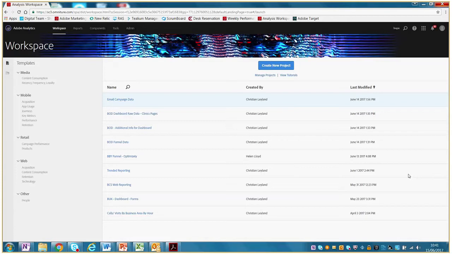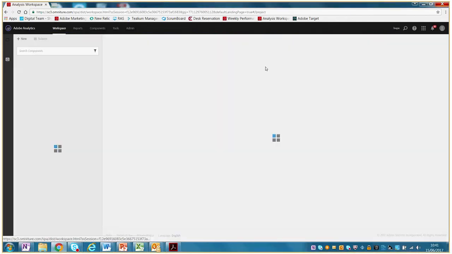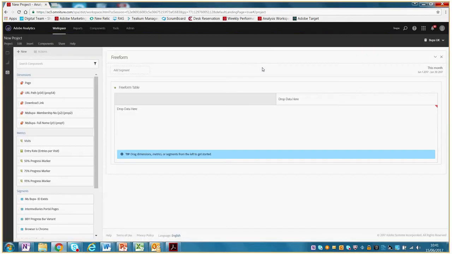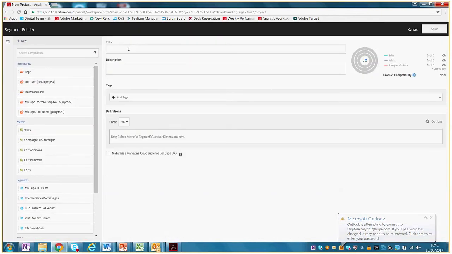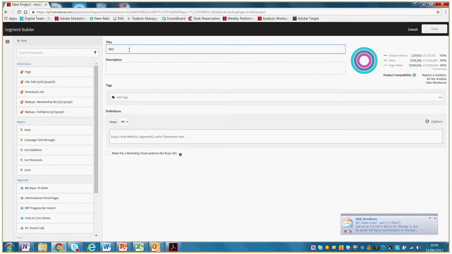So we were setting up experiment IDs for the A/B test that we're running through Optimisely, so we can look at the analytics in Omniture. So setting up a segment for the control and the variant, and then we can drag in various different metrics to see how they perform. So we created new segments. The first one, we set up the BBY progress bar variant,